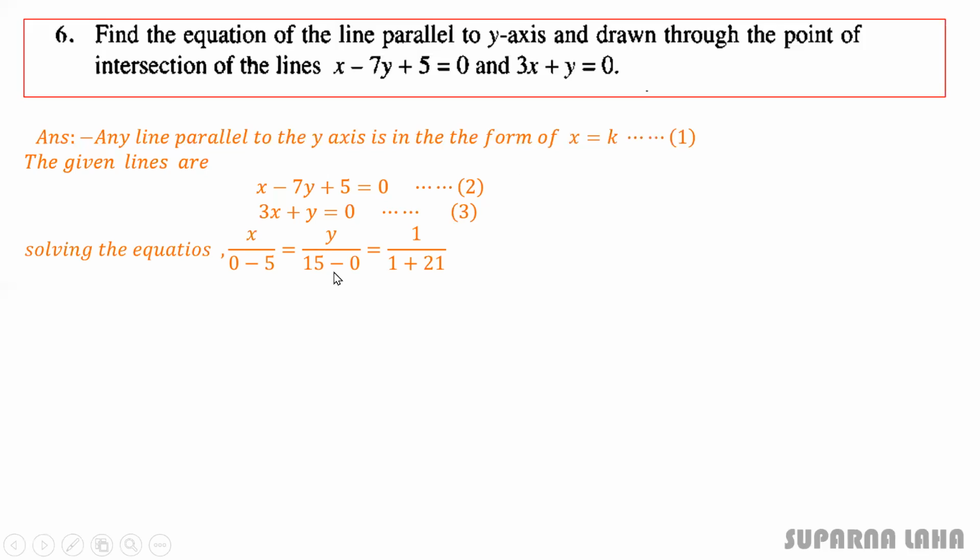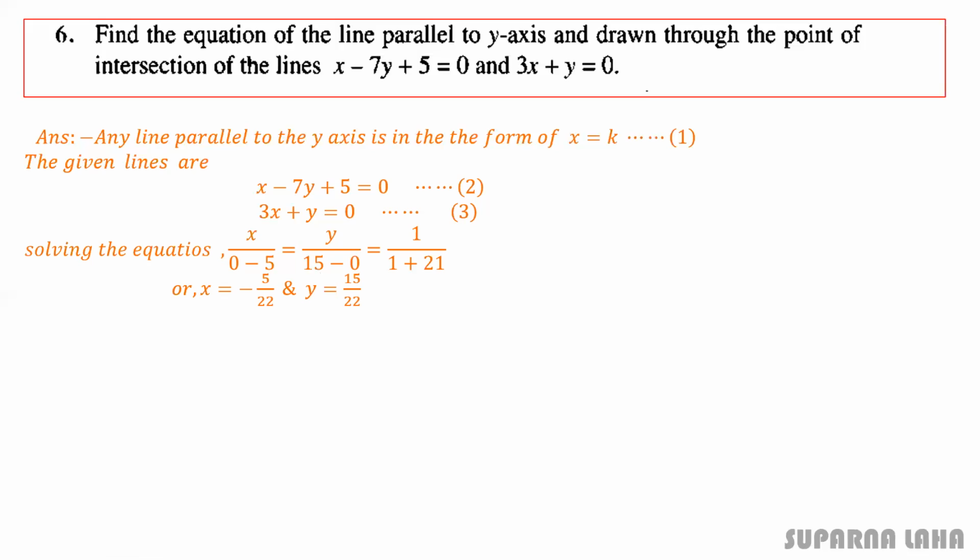Here I'm using the cross multiplication method. So x upon, start from the right upper side of this x: minus 7 into 0 minus 5 into 1, that is minus 5. So y by, right side of it: 5 into 3, that is 15, minus 1 into 0, minus 0. So 1 by, right side of it: 1 into 1, that is 1, minus of minus 7 into 3, that is 21. So the value of x is minus 5 by 22 and y is 15 by 22.